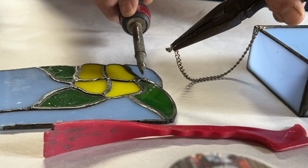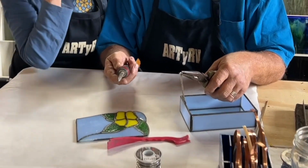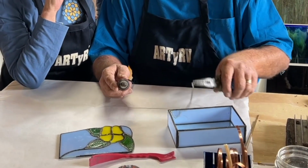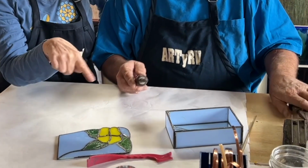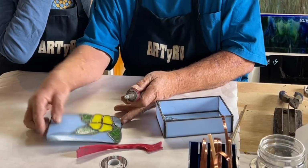There we go. So when removing the jewelry chain, you try not to mess up the bead on the inside, because you are going to reattach it. We're going to reuse that chain. Oh, okay. It's still attached to the box. So now our next